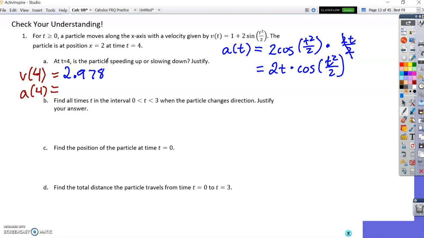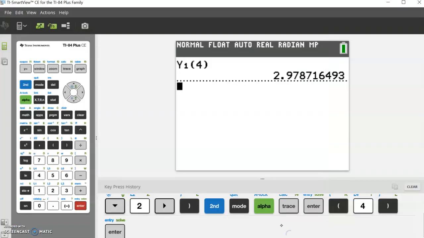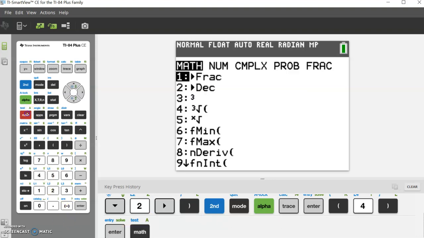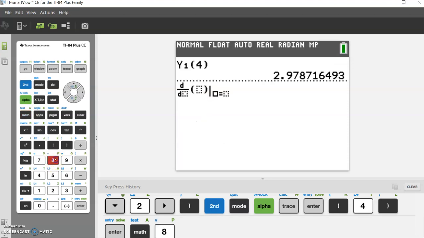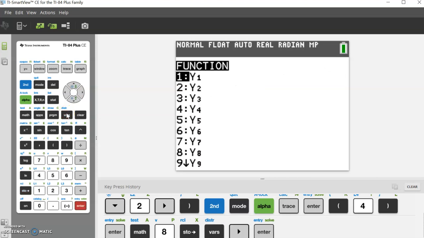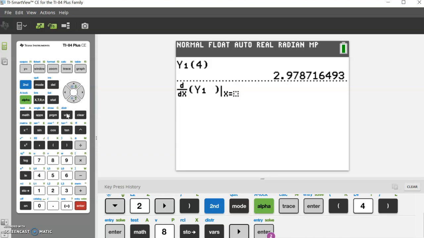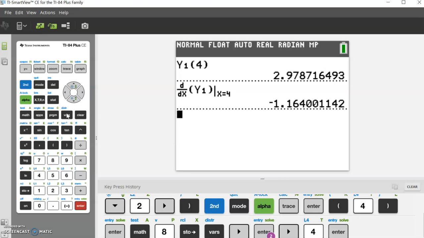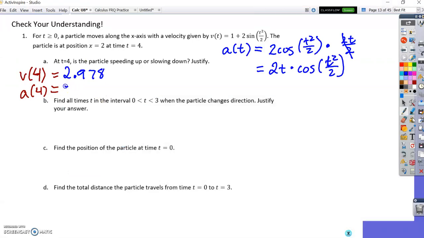So I get this number, which I will record over here as 2.978. Okay. Then, going back to the calculator, I'm going to find the derivative of the velocity at time 4. So I will use my math button, and the derivative is number 8. I want the derivative with respect to x of y1, and again, we'll pull up the variables. I'll do it a different way this time. Last time I used alpha and trace. This time I'm going to click on the variables button. I need the y variables and number 1, y1. Again, you'll notice that is quite a bit longer, evaluated at 4. And so I get this number, which I will record over here, negative